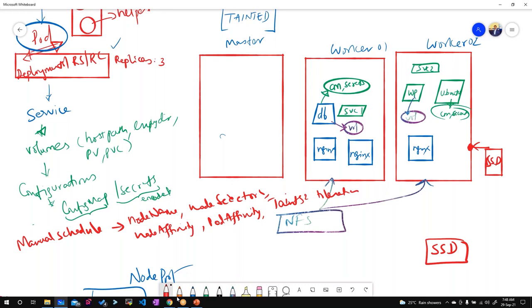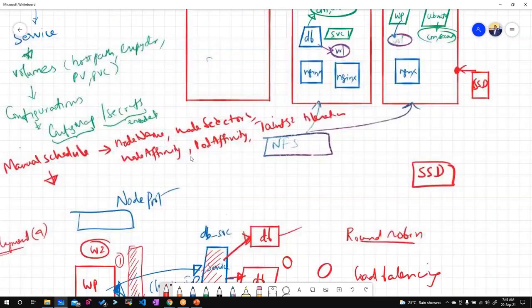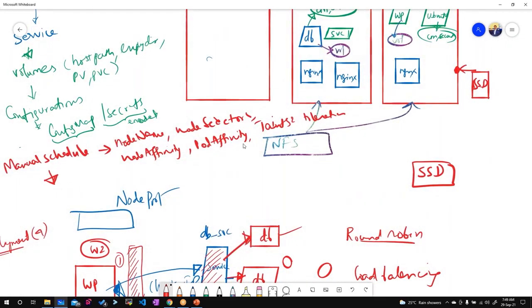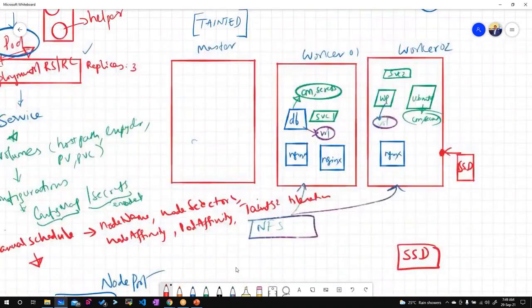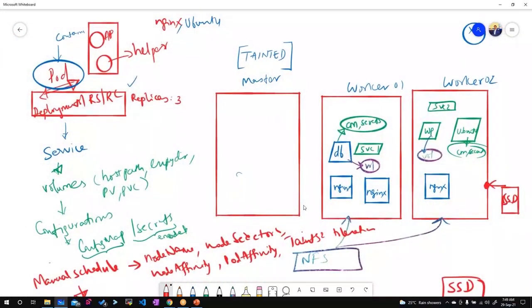So what's next? Here is the scenario. I have only one cluster, which is being shared by multiple applications or users. Let's say this is a very big cluster and there are two teams: one is the test team and the other is the dev team.